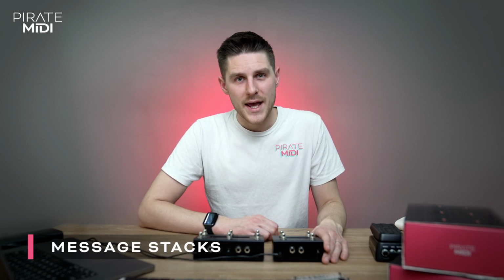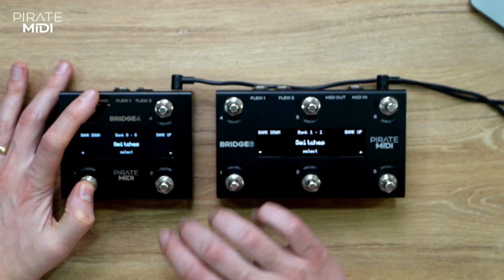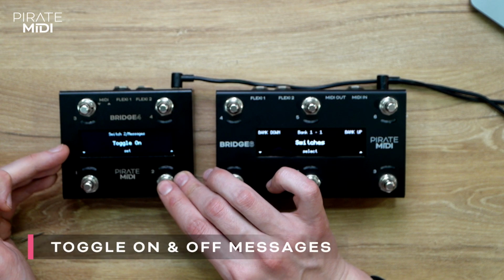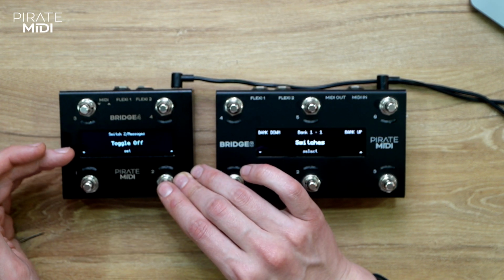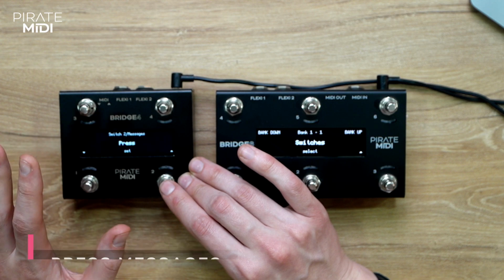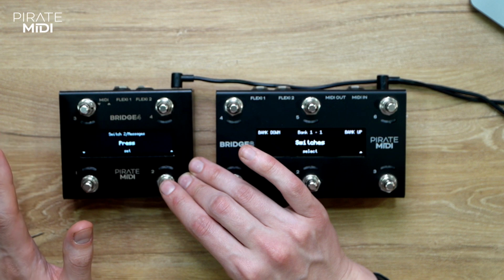So let me show you where you can assign messages to each of these message stacks. Let's go into the menu, go to the switches, choose our switch, and then go to messages. Toggle on and toggle off message stacks are sent when you toggle on and toggle off in primary toggle mode. The press message is sent anytime the switch is pressed. So that's important to note, that if you use this, it will be sent every time you press the switch,